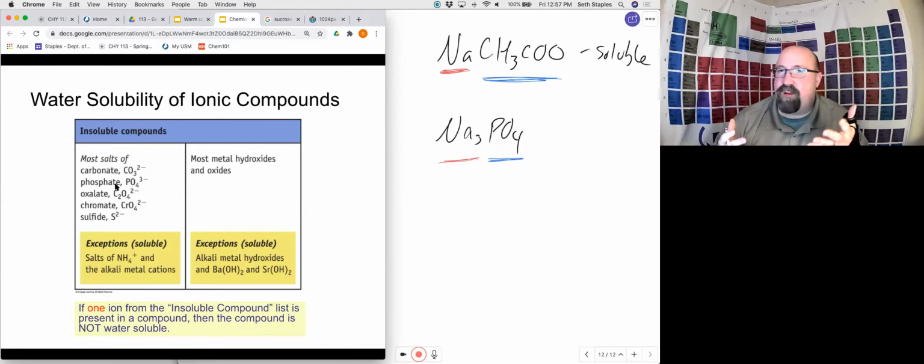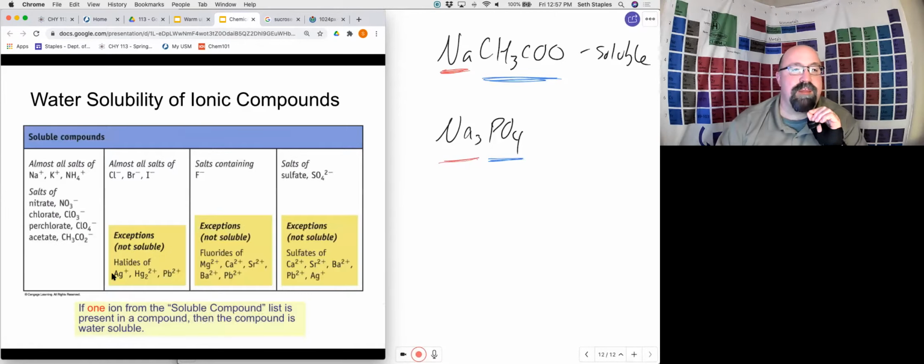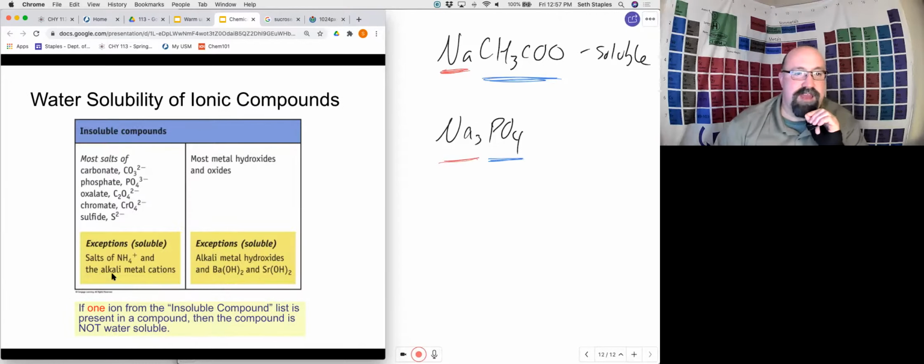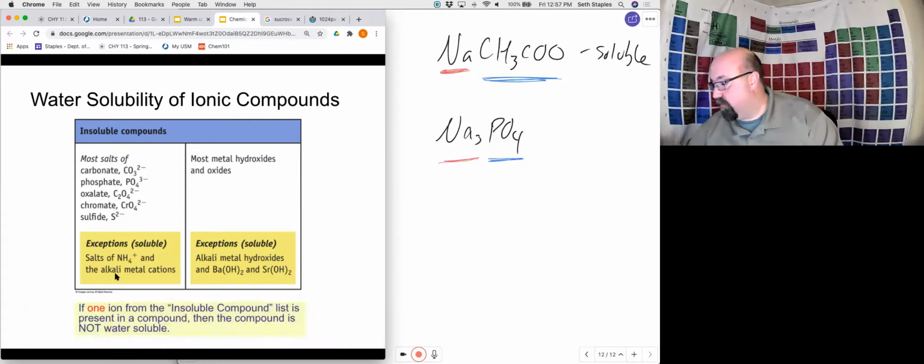So, okay, well, how's that going to work? Sodium, everything that contains sodium is soluble, but things that contain phosphate are not soluble, except for these exceptions. So remember our exceptions. Anything that contains phosphate and one of our alkali metals, and sodium is an alkali metal, that's an exception to this, so it tells us that it is